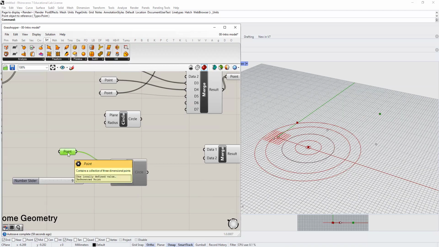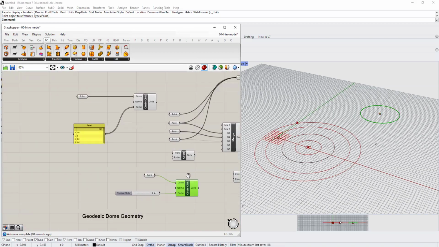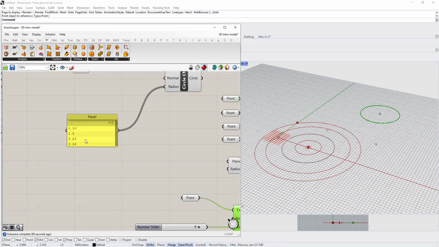When you select any component or parameter, that component will turn green, and you can see the preview of that object, that Grasshopper object, in green color in the Rhino viewport. So that is the color code for the Grasshopper objects. There is one more thing, for example,